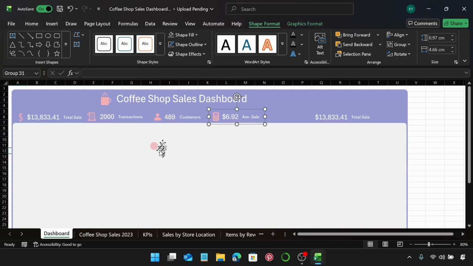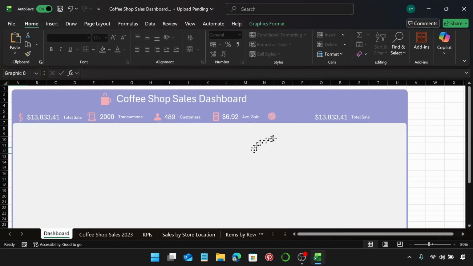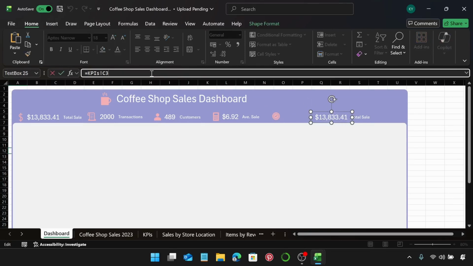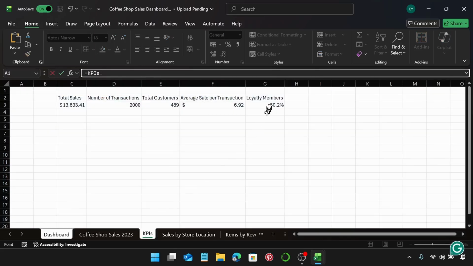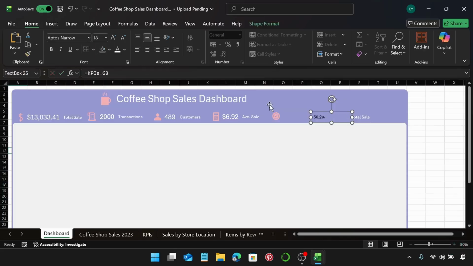We have our final KPI, which is this one, and I'm going to bring this here, select this, clear this, and go back to KPIs. We're going to select this,